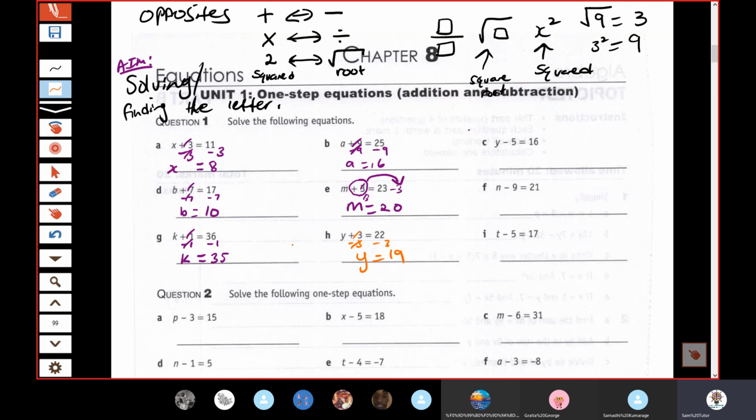Maya, how you going with these? You okay? Can we just repeat it one more time? Yep. Can we do it with negatives and see if you understand these? Yeah. All right. So what's the opposite of subtraction? Plus. So instead of minusing 5, we're going to plus 5, and then the whole idea is you balance it. So you plus 5 on this side, and then you're left with y equals 16 plus 5, which is